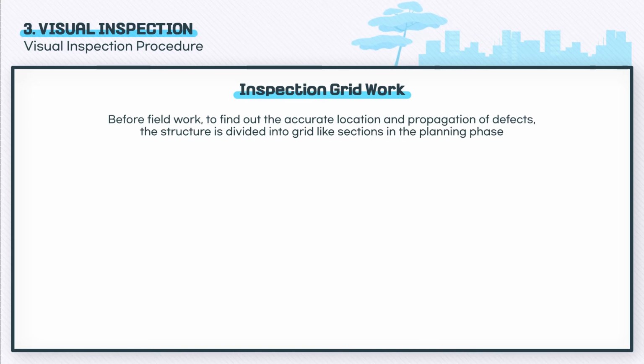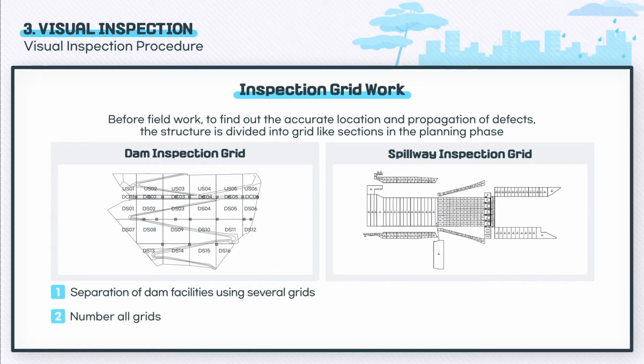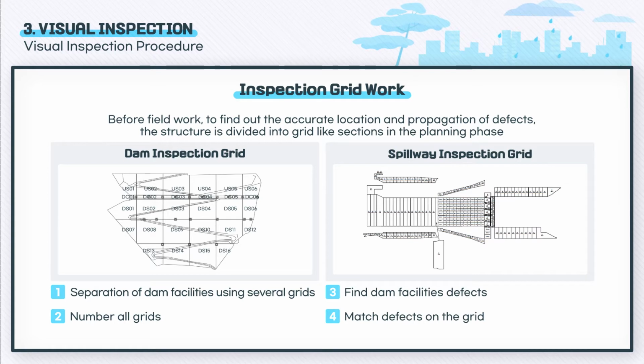More specifically, before a site inspection, the individual facilities must be segmented into a grid form to divide the inspection regions and assign numbers to prepare an external inspection grid network. The inspector performs a site inspection and records any inspected defects and damages on the external inspection grid network to